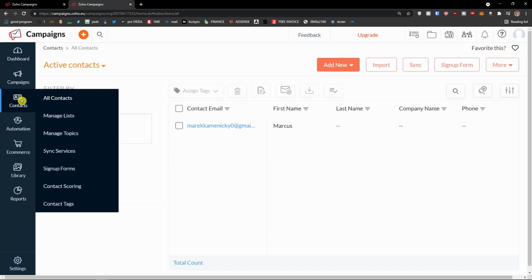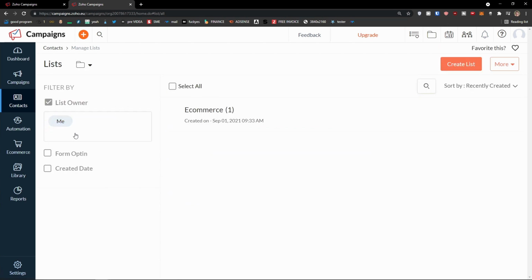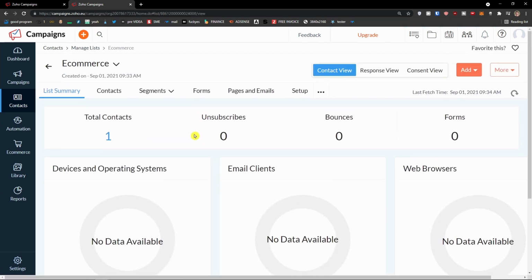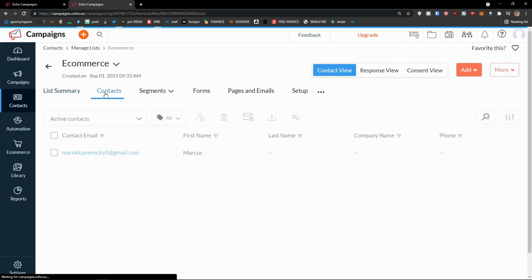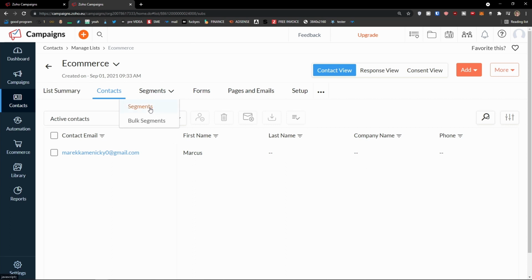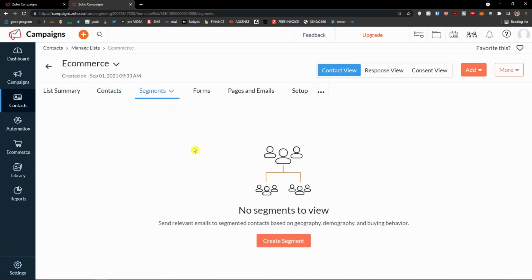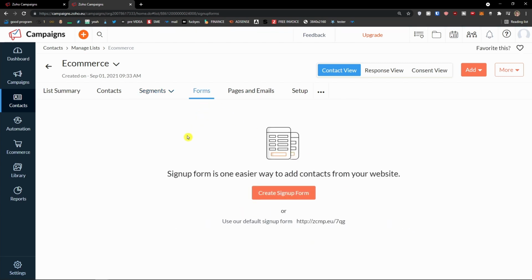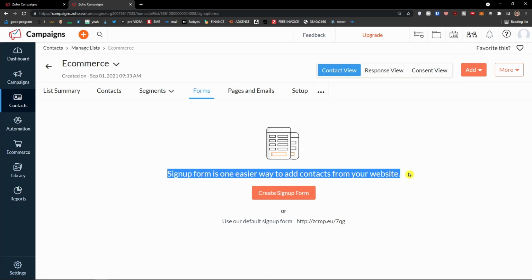Also, when I click on contacts here, under all contacts, I get to see the manage lists here. And look at this. This is my list, e-commerce. And I can add contacts, forms, everything right here. Have a segment. Send relevant emails to segmented contacts based on geography, demography, and buying behavior. Forms. I'm going to show you soon how we can create a sign-up form. So I just wanted to show you that this is how we can create lists and how we can add